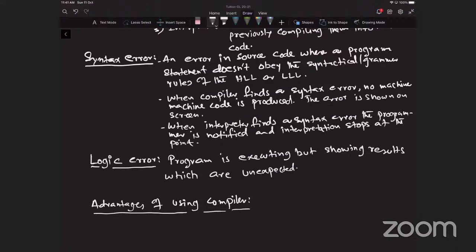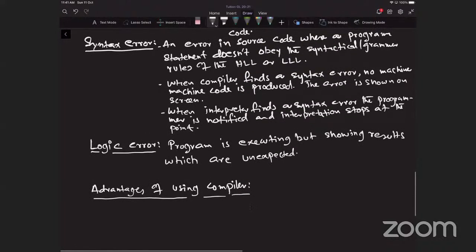All right. So advantages of using compiler against interpreter and disadvantages of using compiler against interpreter. So let's list the advantages of using compiler rather than an interpreter. So advantages are what? Less memory is required at the time of